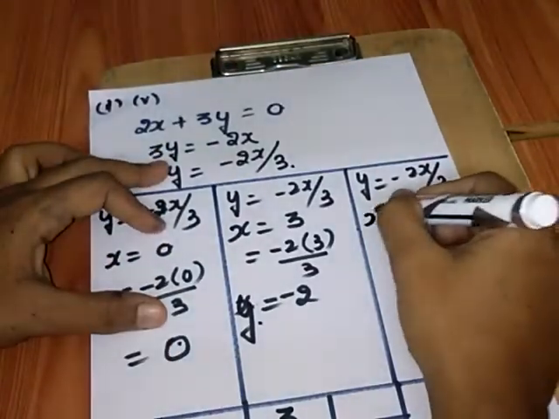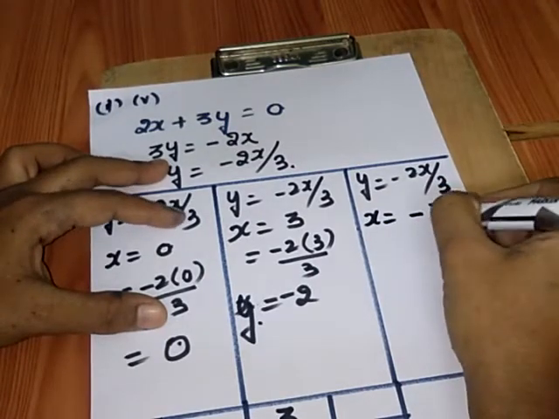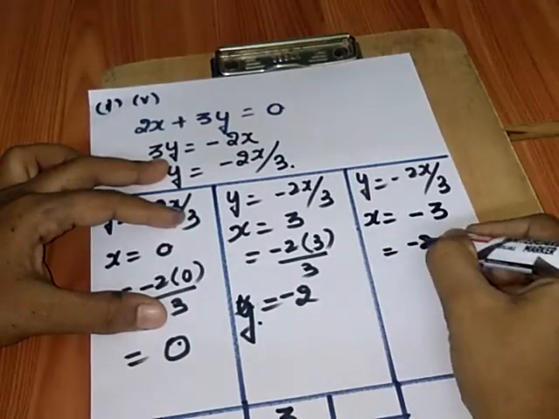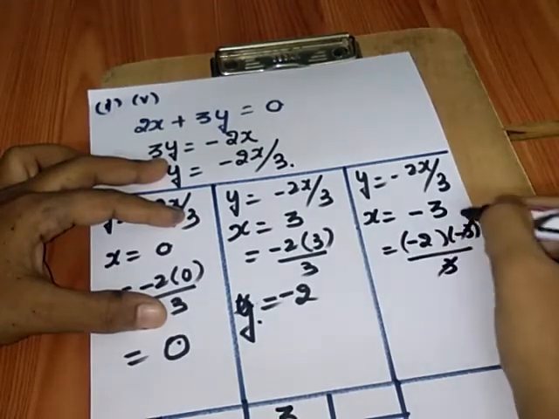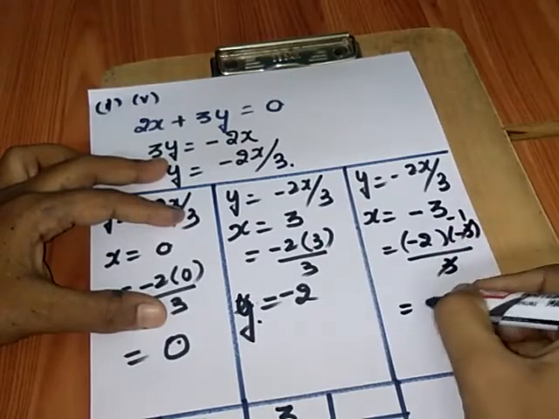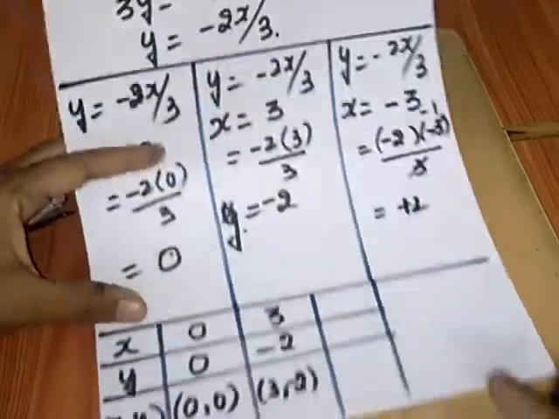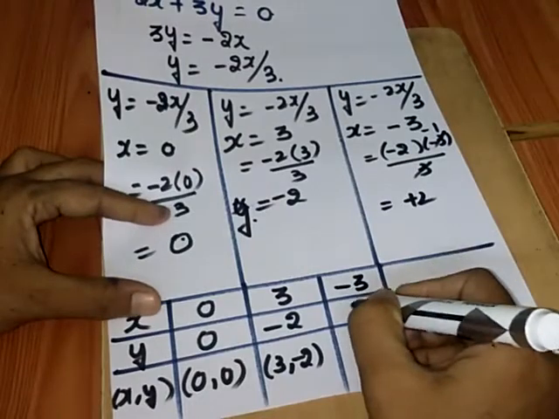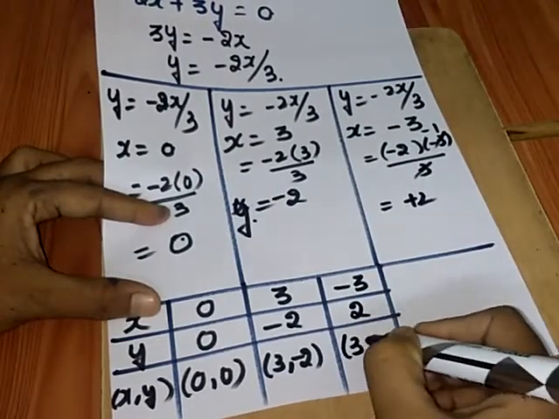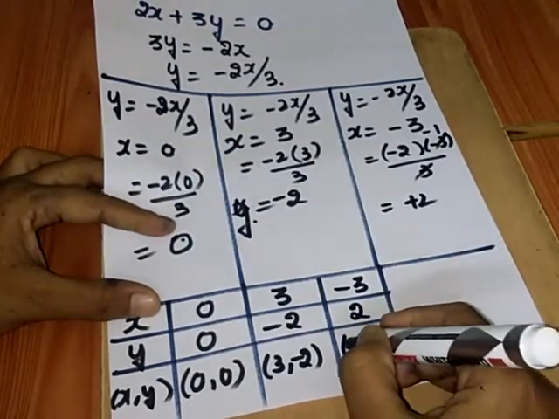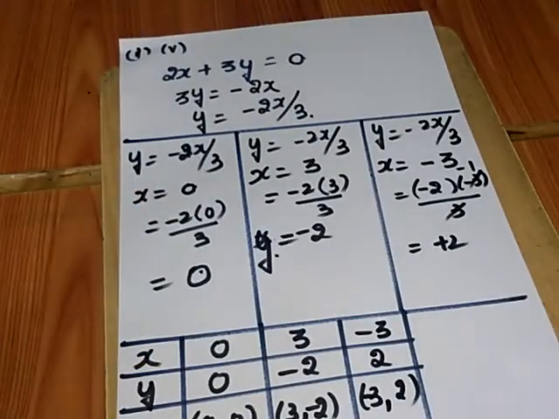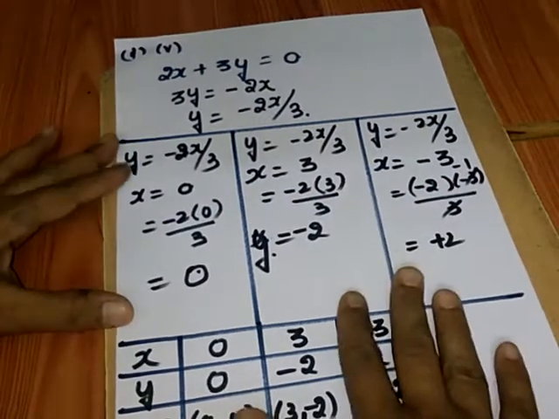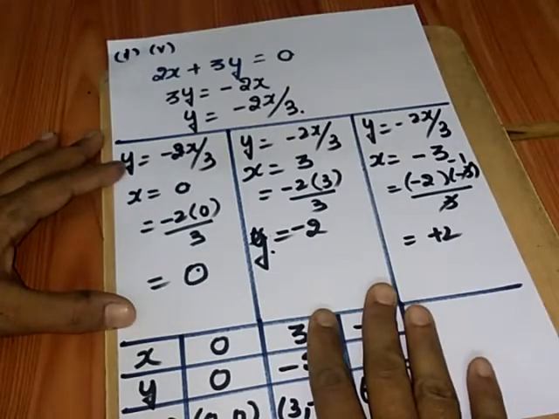Next, I am going to consider the value of x as minus 3. Hence the equation is minus 2 into minus 3 by 3. 3 gets cancelled. Minus 2 into minus 1 is plus 2. So if the value of x is minus 3, then the value of y is 2. The point to be plotted on the graph is minus 3, plus 2. See, children, again I am saying, this calculation part is very important to show in the working column. Without this, you are not supposed to do your problem.